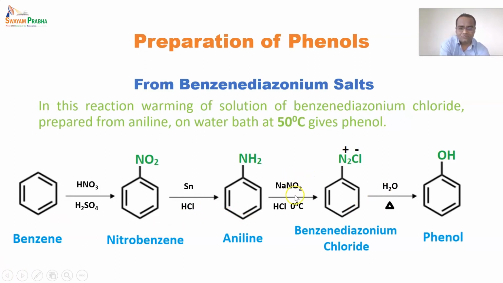And this reaction with sodium nitrite, from which the benzene diazonium salt or chloride is formed, is a crucial step because it is carried out at 0 degrees Celsius, with the help of ice, or in the ice totally, and which forms the benzene diazonium salt.